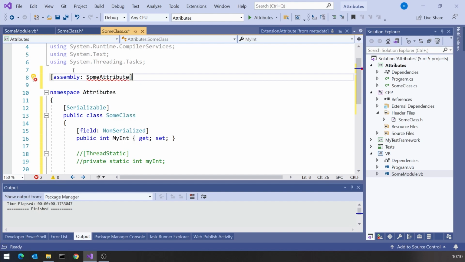And wherever that is, as long as it's in some of the code in your assembly, that will be regarded as an assembly level attribute. So that's some examples of attributes that are part of .NET itself. So all of those, although they're used in different places, some by the compiler, some by the runtime system, they are all part of the standard .NET library.